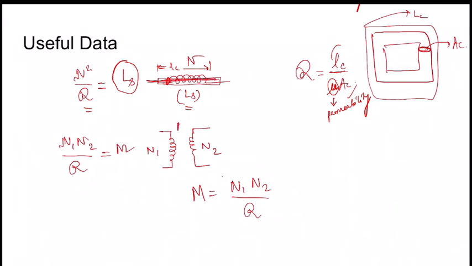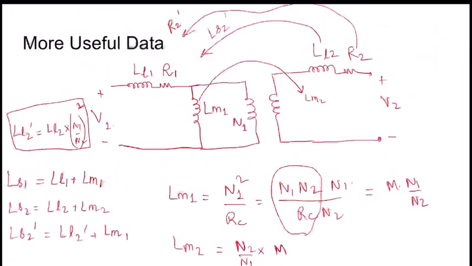Now for the mutual inductance M, it is N1 N2 divided by R for two coils. And now for a transformer we have series parameters, leakage inductances L1 and R1 on the primary side